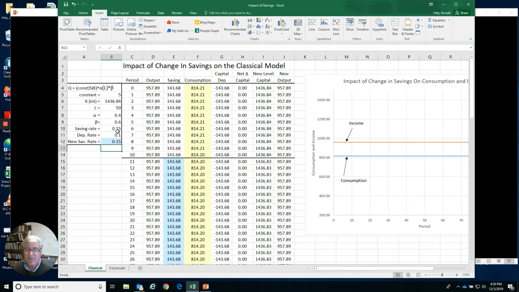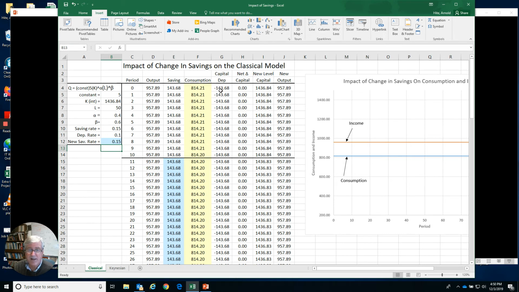People are saving 15% of their income, so 15% of this number is that. And then, of course, the balance is how much they spend, just like in the Keynesian model. These numbers are the same. Now, we need some assumption about depreciation, and I set the capital depreciation rate at 10%. So that means out of all the capital we had, which was this much right here, 10% of it depreciated. So 10% of this number is